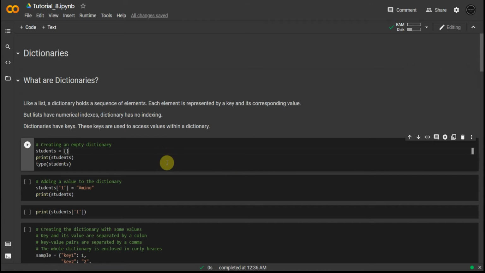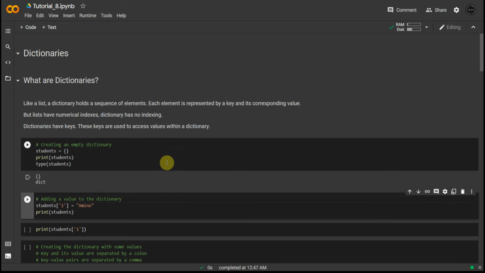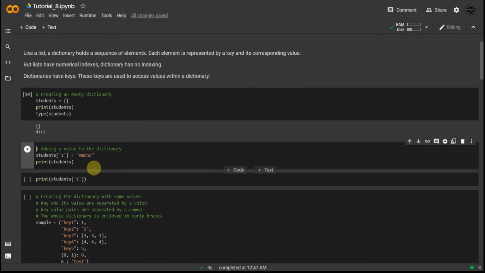First of all, let's try to create an empty dictionary. That's how we test our interface, right? So yes, we use curly braces to declare a dictionary in Python. What we have in dictionaries is a key right here. This is a key, 1, and we have a value for it.